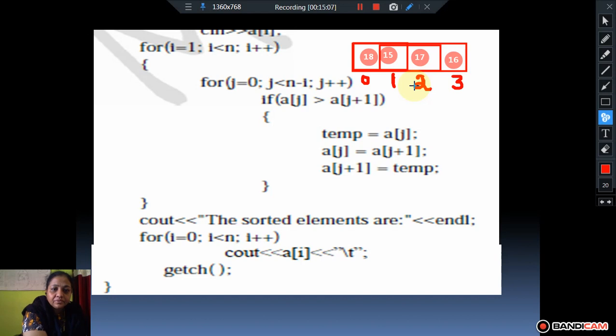So for i is equal to 1, the comparison starts with i is equal to 1. Let's take the i value.